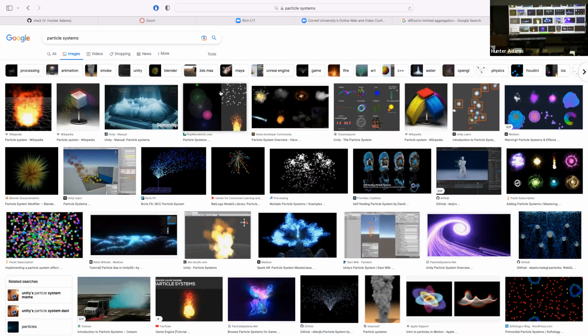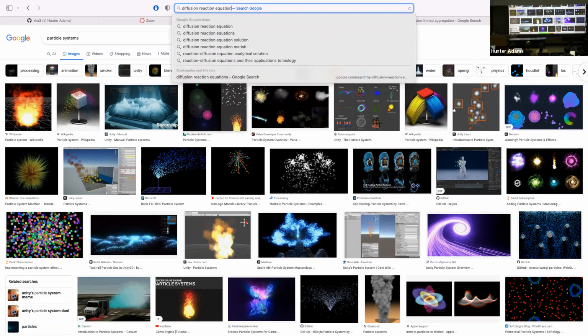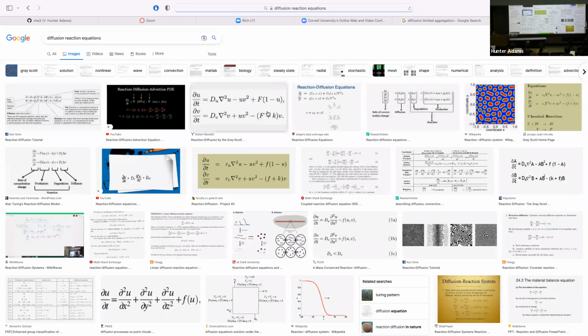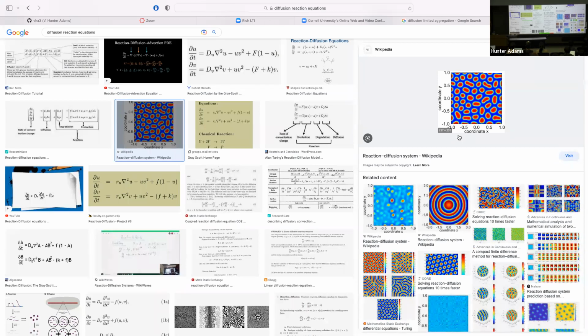You might alternatively consider, have people heard of, this is another sort of mathy project, diffusion reaction equations? I love these. So let's see if there's a pretty picture here. Kind of. Here's one. So a diffusion reaction equation is a system of coupled differential equations.